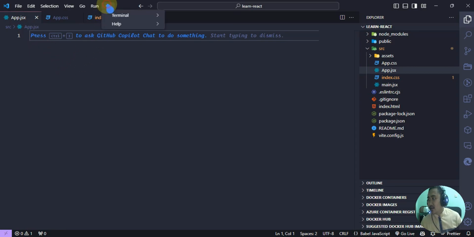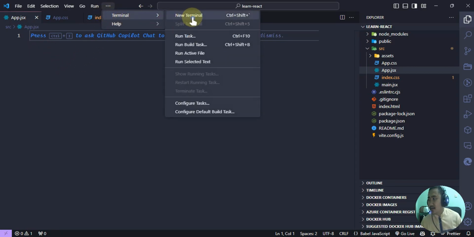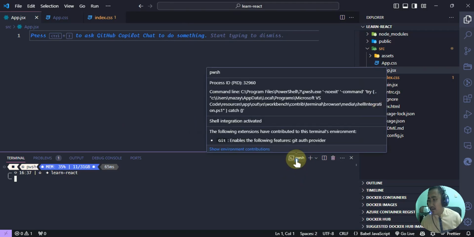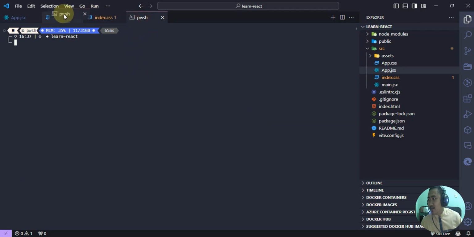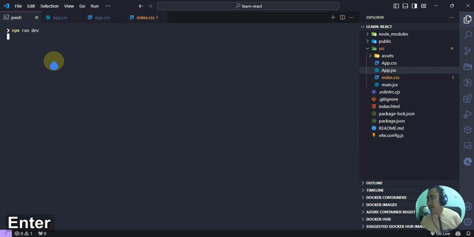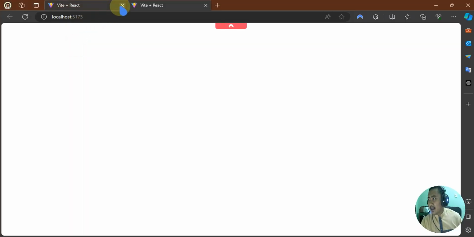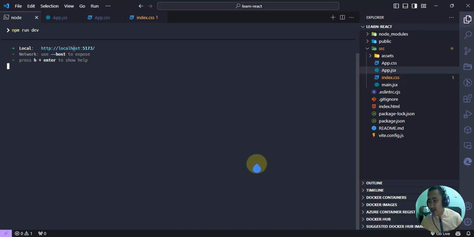And then let's go to the terminal. Because I have a very small screen, I will move my terminal in here, I will put it on the very left. Let's npm run dev, and let's see. Okay, now everything is empty. Okay, go back to Visual Studio Code.